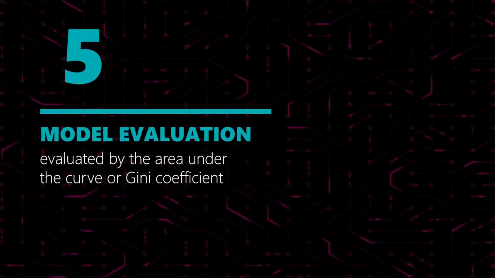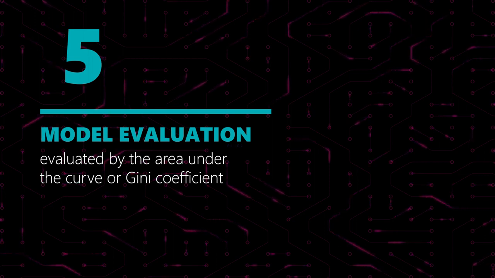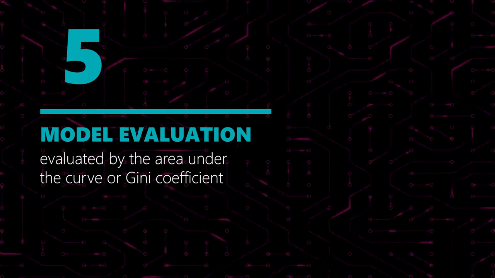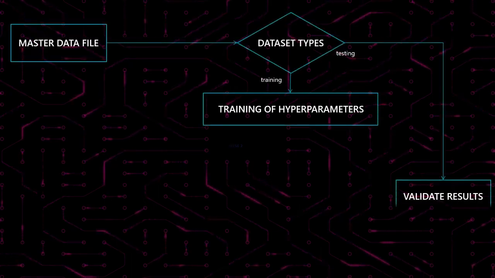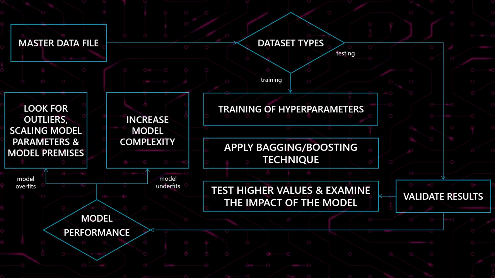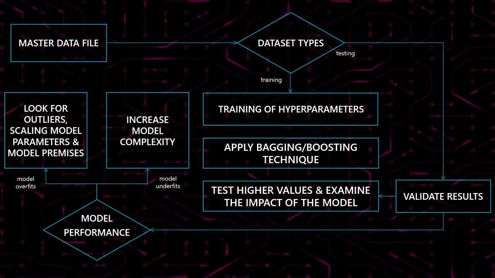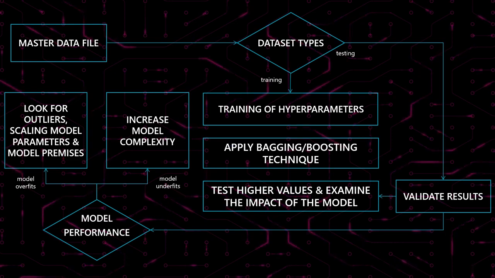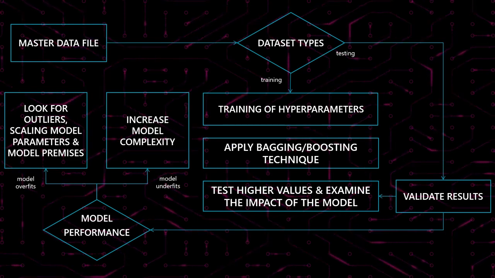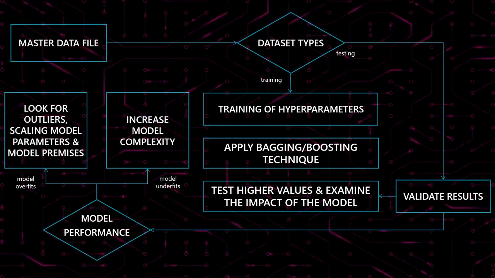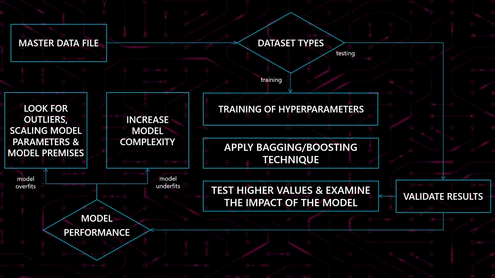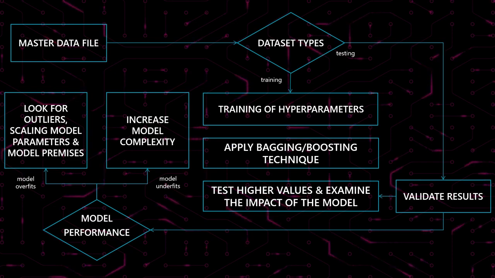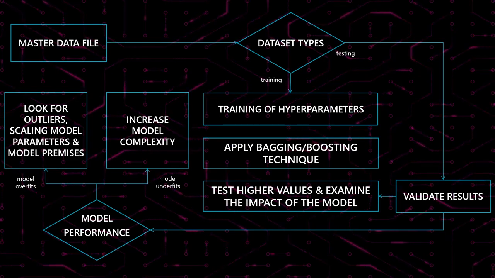Model evaluation. The target variable is a binary outcome derived from the NPS, where the definition of super detractor is NPS values between 0 and 4, but the definition varies. On the right hand of the equation are those variables that prove to have the highest impact on the NPS. The model performance is evaluated by the area under the curve or Gini coefficients. We also tend to look at the precision and recall. We refrain from using the accuracy since in most cases we deal with very low percentages of cases we need to predict. The preferred model would ideally perform the best, have lower complexity in terms of implementation, and would be